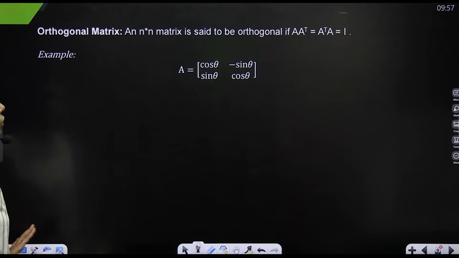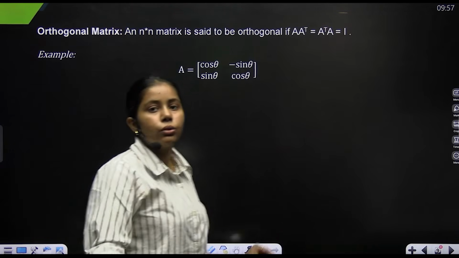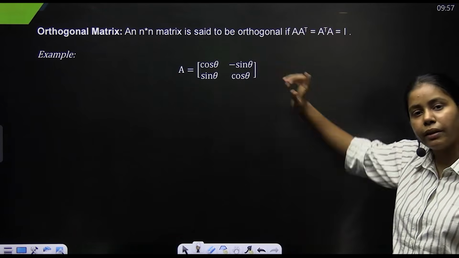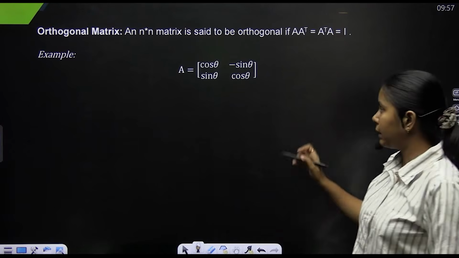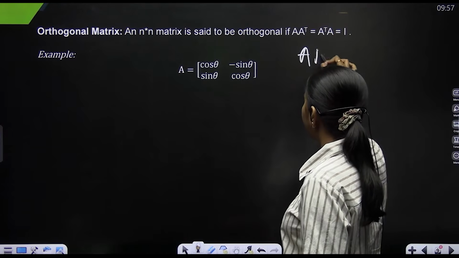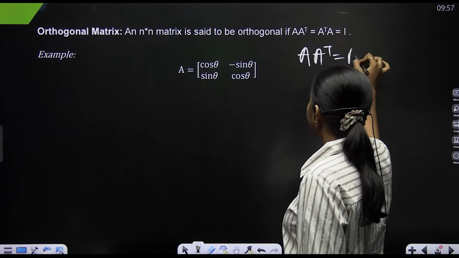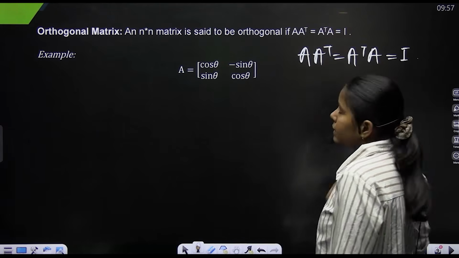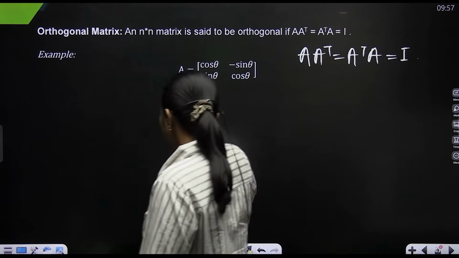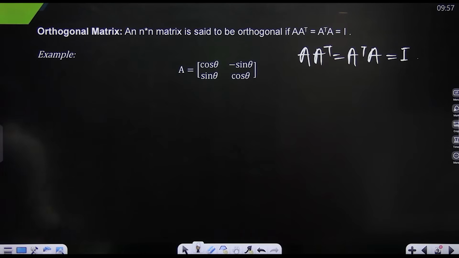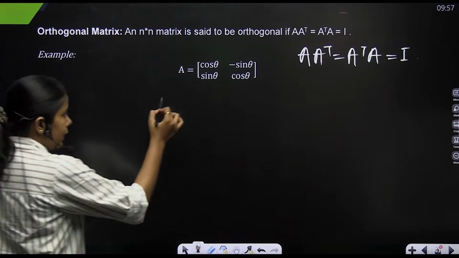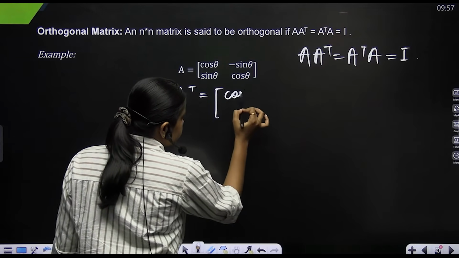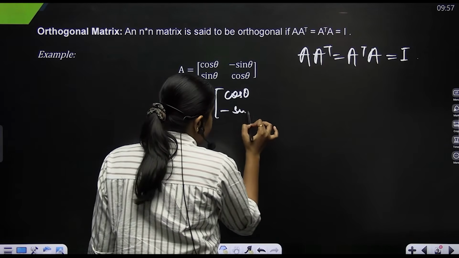Then we have orthogonal matrices. Orthogonal matrices are those matrices for which, if I take the transpose and multiply it with the matrix itself, I get an identity. So that means A into A transpose, or A transpose into A, I'll always get an identity matrix. Then I'll say that A is orthogonal. You can check, this example is given to you. If I take the transpose, what would I get? Cos theta, minus sin theta,